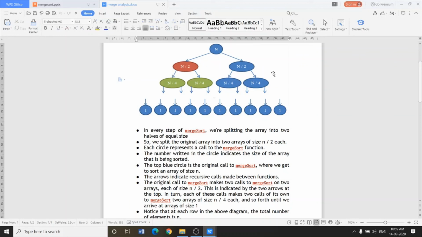This is indicated by these two arrows at the top. In turn, each of these calls makes two calls of its own to merge sort two arrays of size n by 4 each, and so forth until we arrive at arrays of size 1.